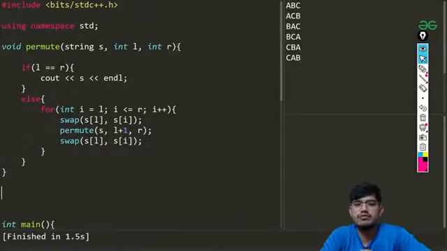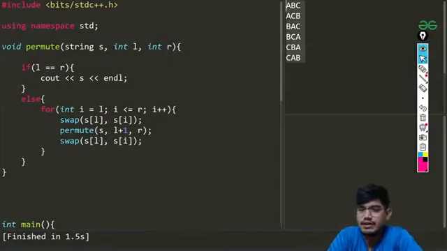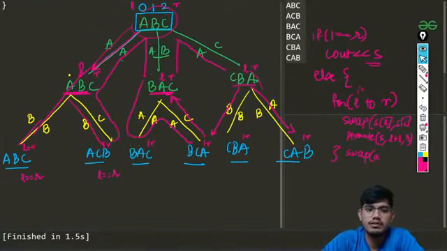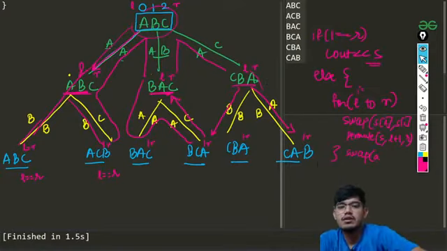So you can see for all of this we are getting the expected answer. We are getting ABC, then ACB, then BAC, BCA. When we get back all things, we get the same thing. First it starts from ABC, prints ABC, then prints ACB, then goes backtracking here and gets BAC. Then we get BCA, going back we get CBA, then CAB. So all these values are going to be printed here.